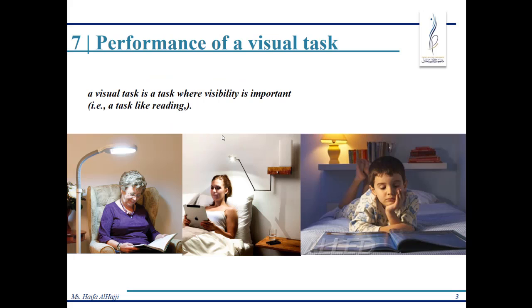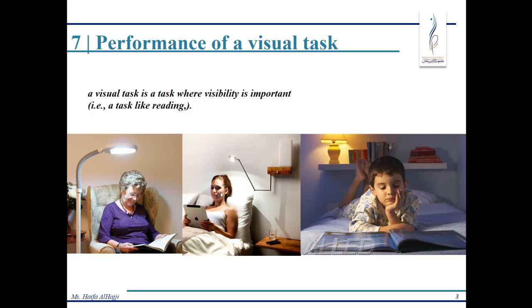So first, let's talk about the performance of a visual task. What do I mean by a visual task? A visual task is a task that needs lighting or visibility, let's say. So for example, in here, what you see is they are all reading. This is a visual task. Reading is the visual task in these pictures. As a rule of thumb, in general, what we need for reading is good lighting and clear writing. We need all these things,